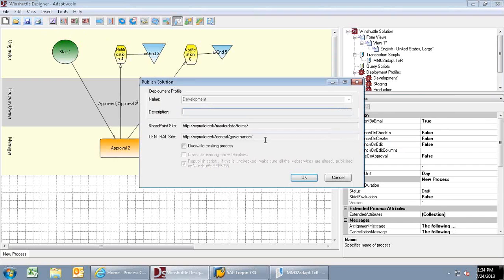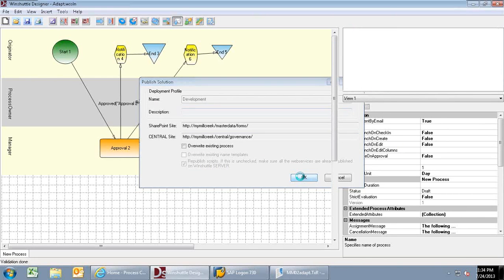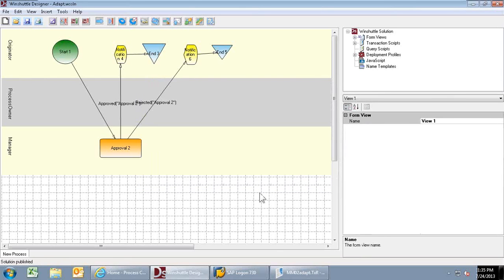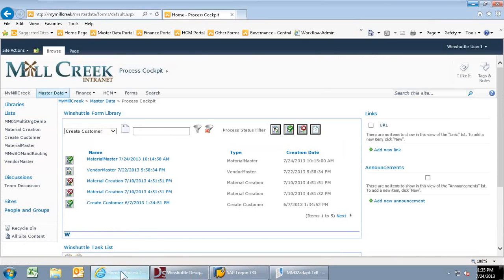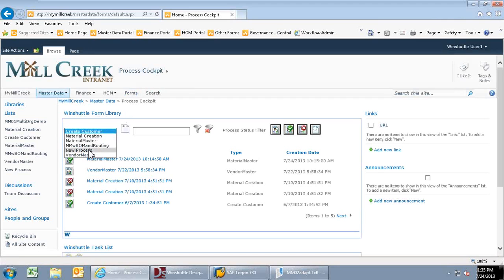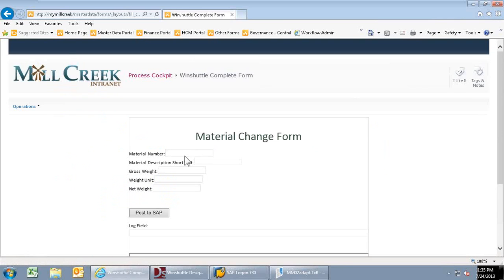So when we publish our solution, what it's going to do is take this form that we've designed, take this integrated workflow that we've designed, and publish this out to our SharePoint site. So now I'll come back out to my SharePoint site. I'll do a quick refresh, and now I should be able to see my new process that I just created. So here we start it up, and here's my material change form. So we'll just start with changing our material,